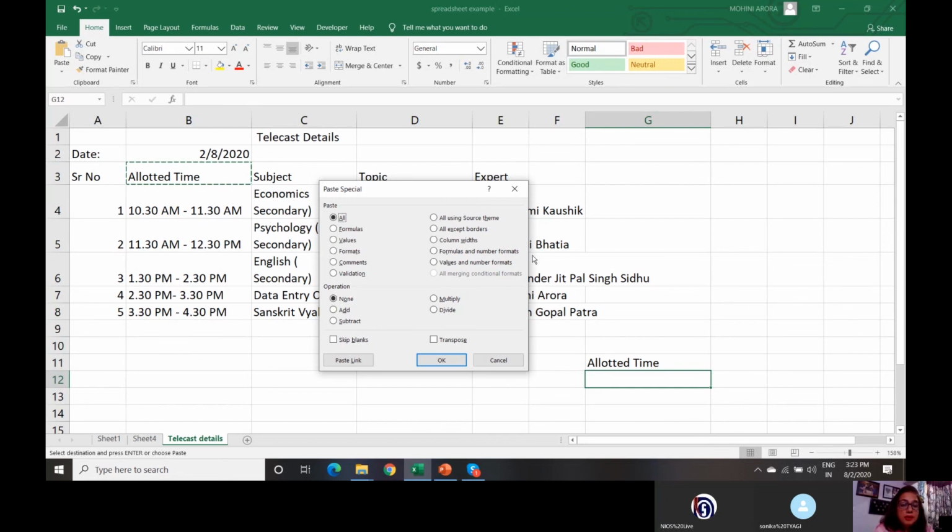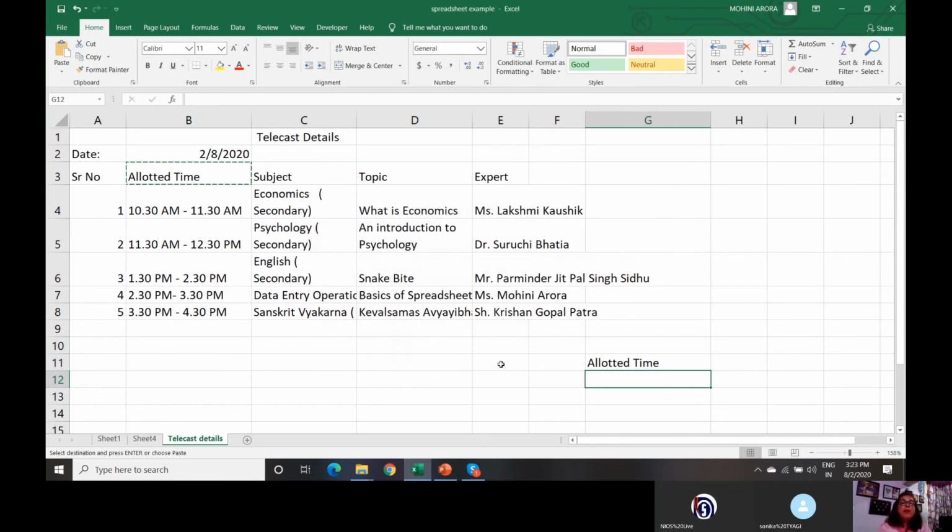It may not always be the case that I want to copy the data only, or the values only. I might like to copy some formatting, formulas, the validations put, the conditions put, or the operations done on data, add, modify, delete, and so on. Right? So this is a very useful feature when I am trying to copy data from one cell to another cell, or from one row to another row, or one worksheet to another worksheet, and so on.